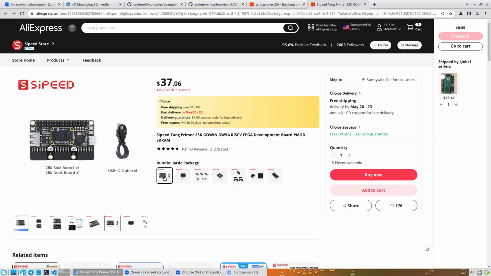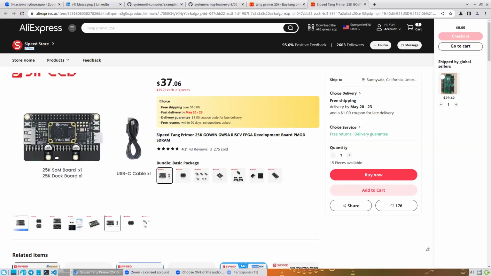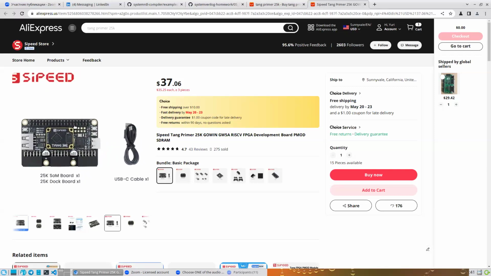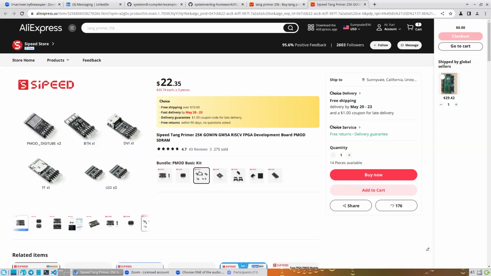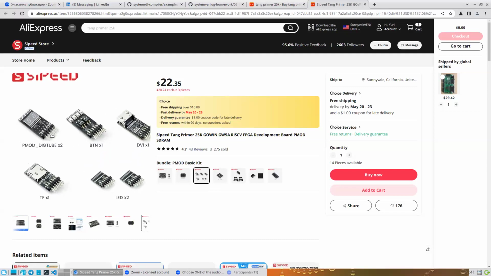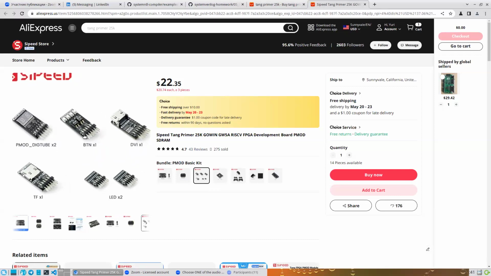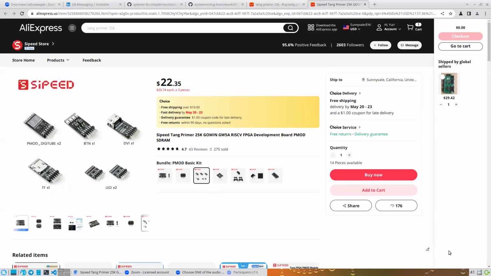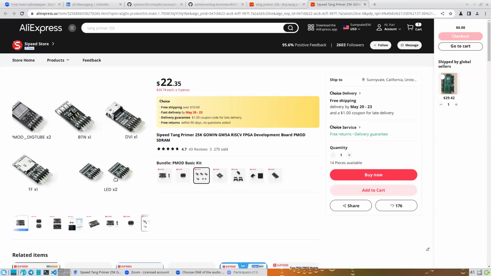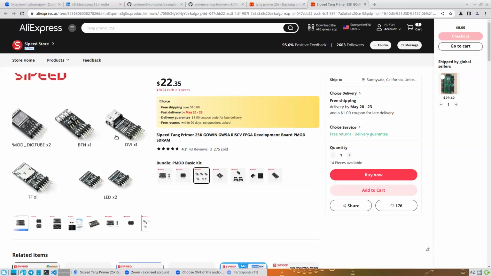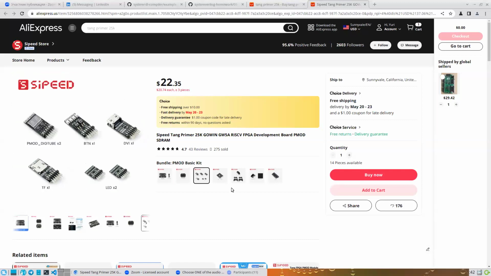So Tang Primer 25K dock, and this dock has three PMOD connectors and 40 general purpose input output pins, and it also has some PMOD peripherals like a 7-segment display and buttons, and it has a DVI and LED, but generally from all those connectors, I plan to use only DVI because for most of our needs,